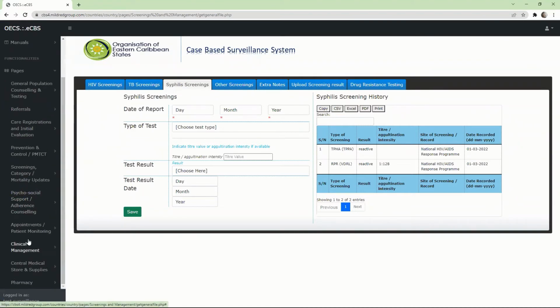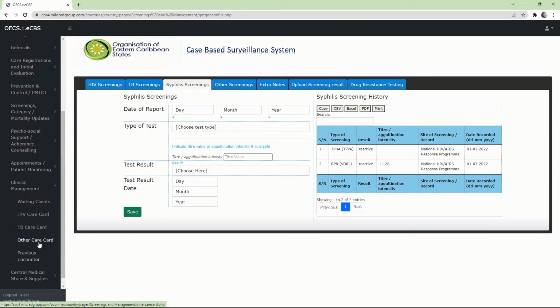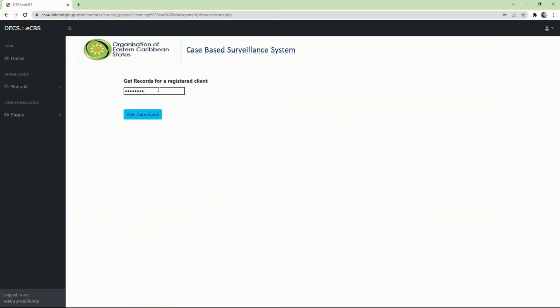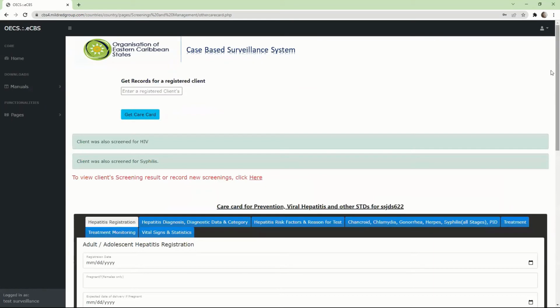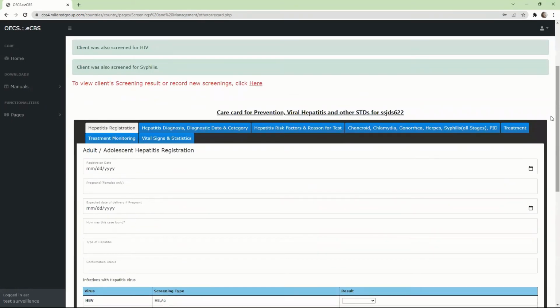So let's go back to the care card where all the action happens. Now, on this care card, we are going to assume that the confirmation for hepatitis has been done. This client has hepatitis. Other screenings were also done, but we are going to skip the process of recording or requesting those screenings. But in reality, you request the screening, you will have the results, and you are going to work based on your results and your diagnosis. So we want to assume that all these have been confirmed and they are diagnosed, and we're going to fill it. We have a form for